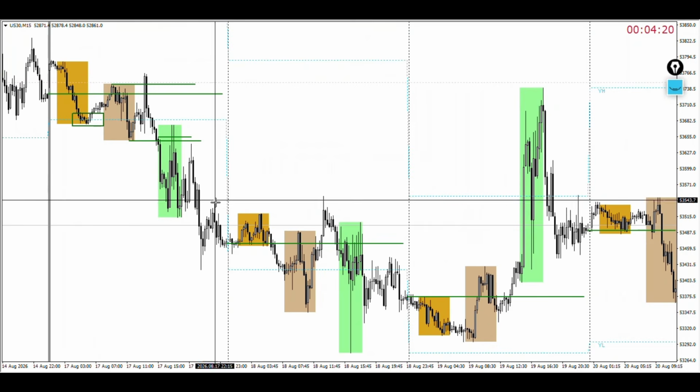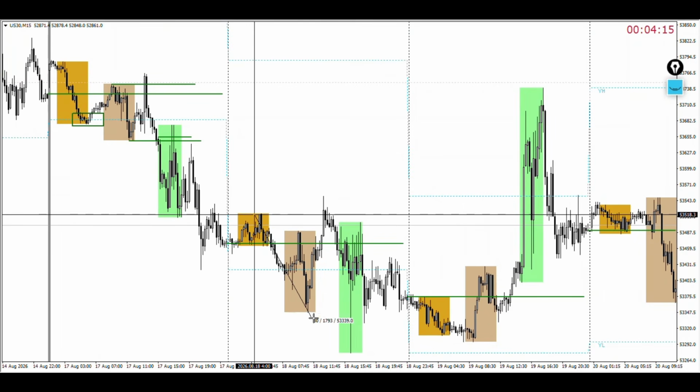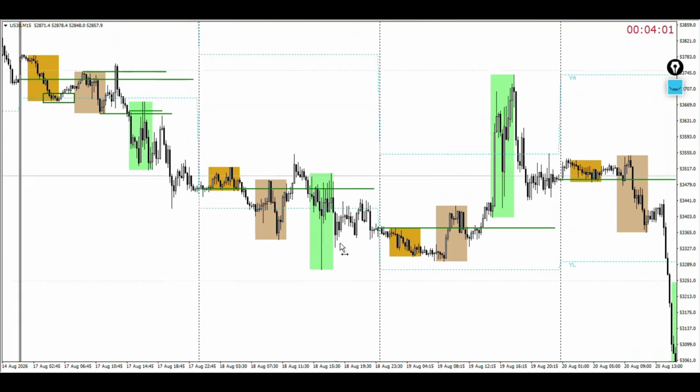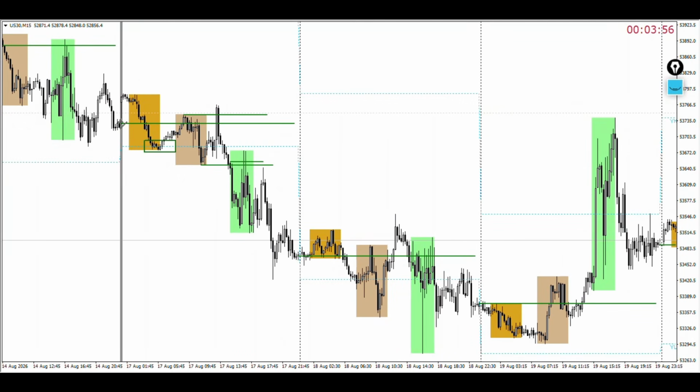And if it goes downward at least 3 levels, then I may look for the continuation. This actually goes 3 levels, but I am not a fan of this kind of movement. 3 levels, which is 75, 75, 75, which is 225 pips, but it's not a good trade setup. And after it goes downward, you can also look for the weekly